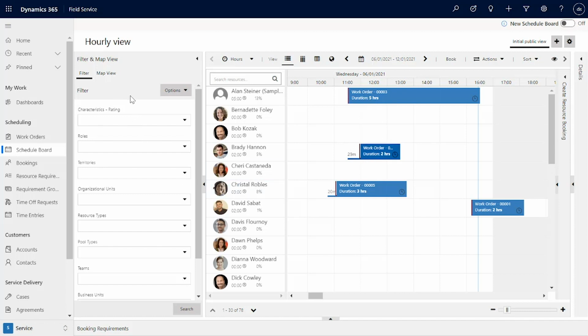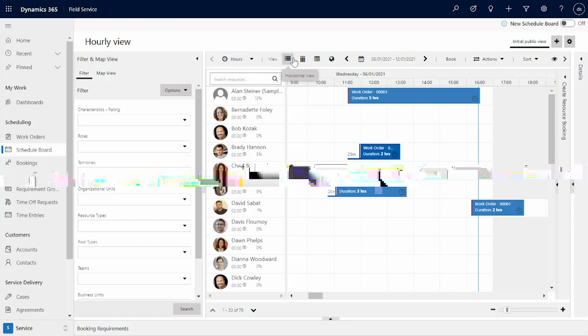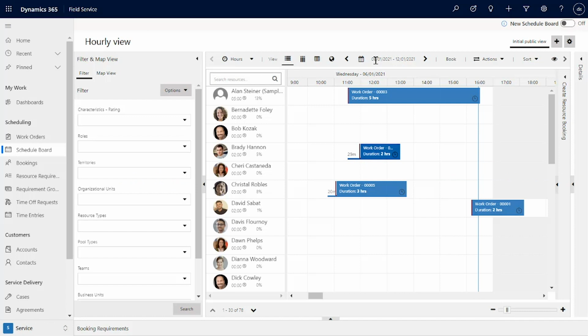So again, if I want to filter on individuals based on roles or territories that I set up in the background, then I can do that really easy to understand who with a specific skill set has got what on for a particular day, for example. At the top, you've got some visual filters. So again, I can change the dates. I can export this information. I can click into these individual work orders to understand some more information about it